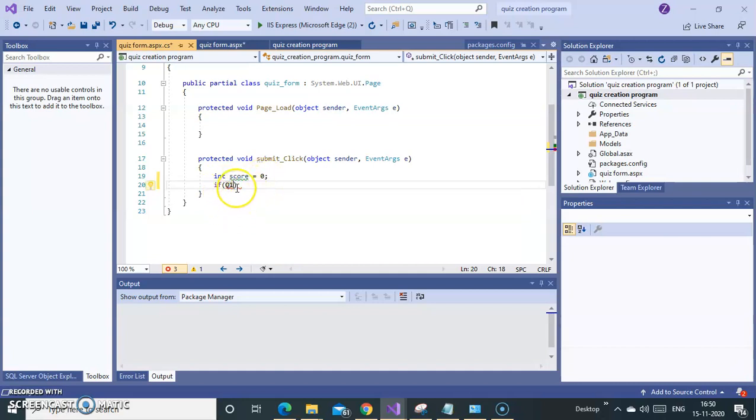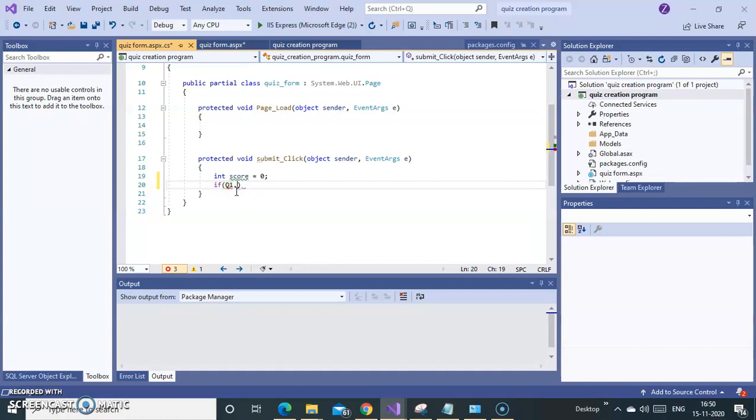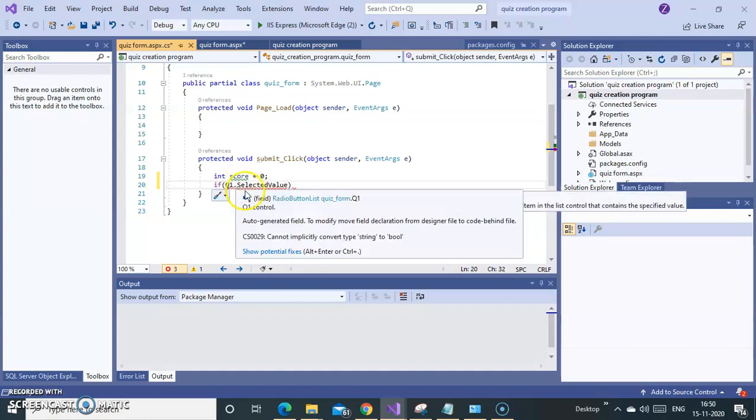Even if you type a small q1, it will come as capital Q1. And remember, you have to give capital Q1 only. You need to select from the drop down list only, you need not type manually. Just remember what you type lightly, and then select from the drop down list by double clicking. If Q1 dot selected value, whatever value you select, question 1 dot selected value,